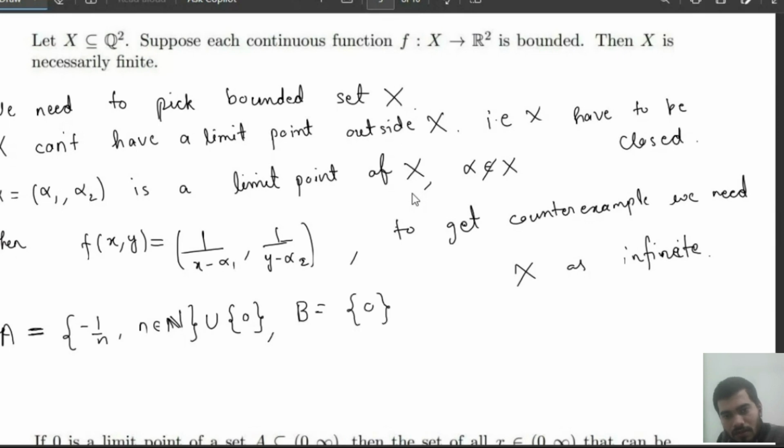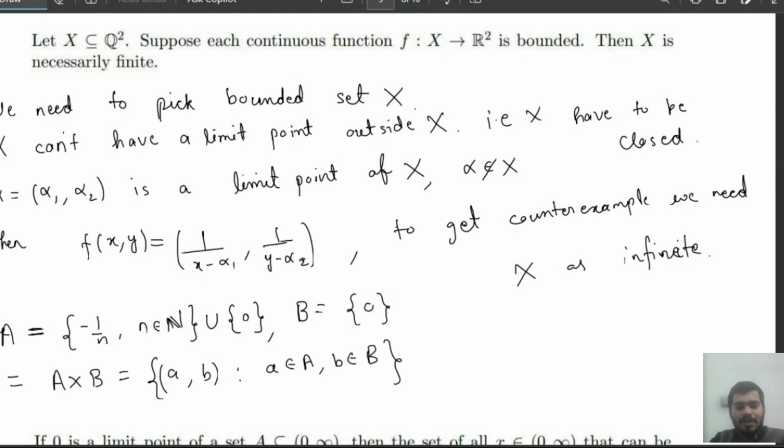Take B as 0. Now take A cross B, whose elements are (a, b), a belongs to A, b belongs to B. Is it such a set that I have defined? Or take it plus, even, doesn't matter. So X is such a set. Now if you define any continuous function from X to R squared, it will be bounded by